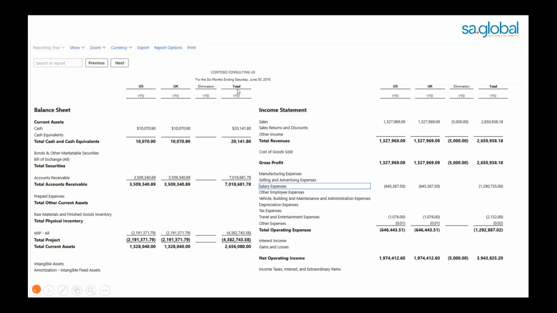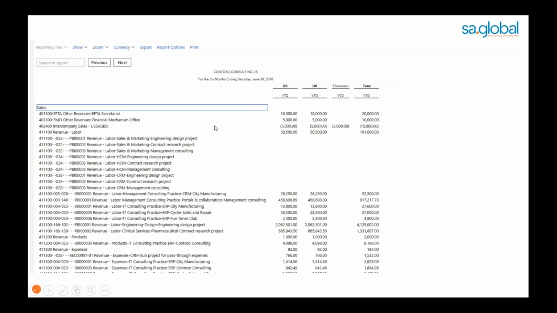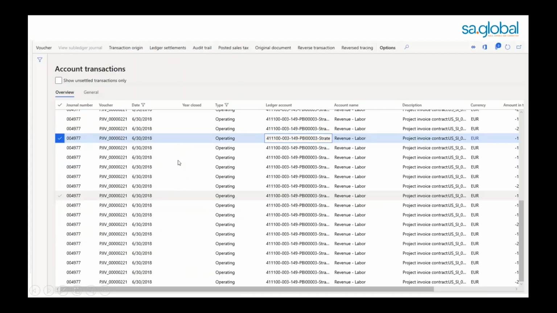So in a few clicks, I am going to be able to drill down from this worldwide global financial statement down to, so if I want to take a look at this sales figure here, $1.3 million for the US, I can click on this number to drill down to the breakdown of accounts making up that 1.3 million. And if I want to see the detail of one account, I can click on any number to see the detail of the transactions. And from any transaction, I can even